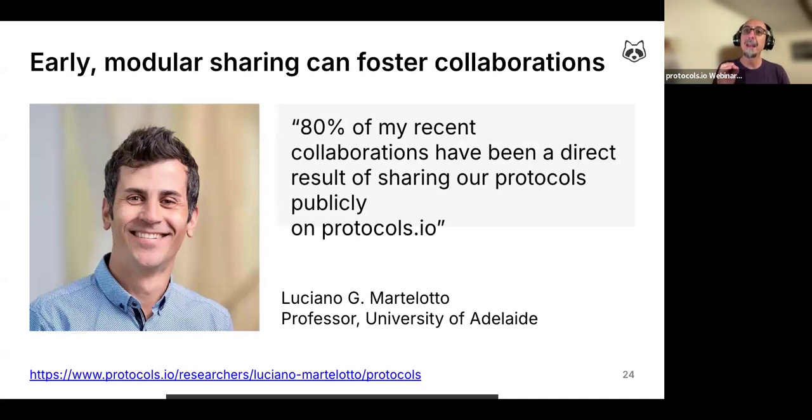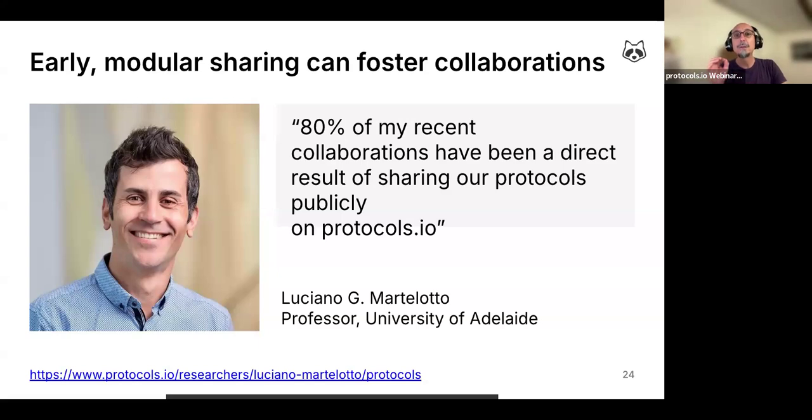And one important thing that I want to note is that since we launched in 2014, and now with more than 18,000 published protocols, we have never seen a case of a publisher saying that because you shared your methods in protocols.io, you cannot publish your research paper in their journal.